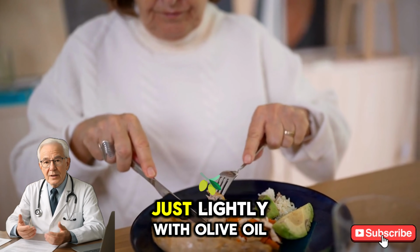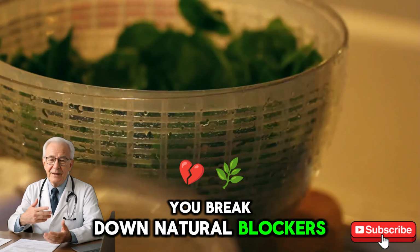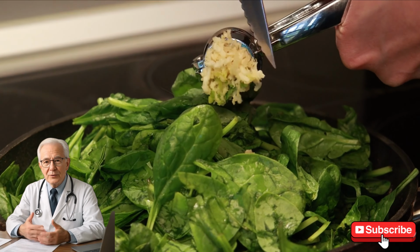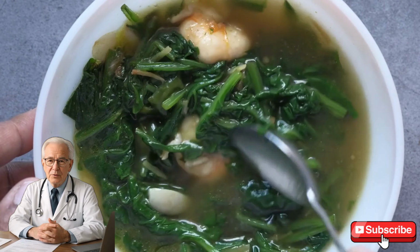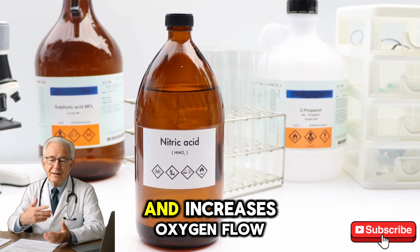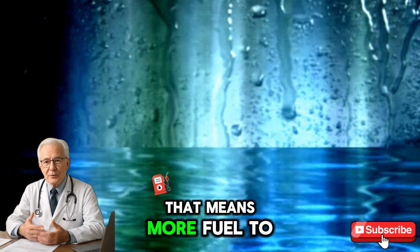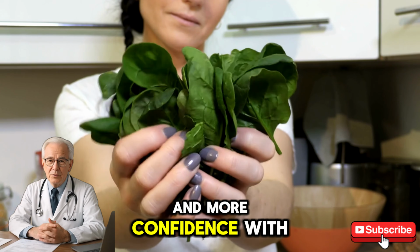When you cook it just lightly with olive oil or garlic, you break down natural blockers like oxalates, making the minerals more available. And once absorbed, something amazing happens. Your body converts those nitrates into nitric oxide, a gas that relaxes your blood vessels and increases oxygen flow to your lower body. That means more fuel to your quads, more energy to your calves, and more confidence with every